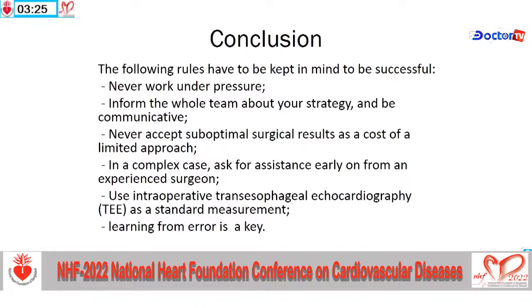Because the goal is always, Professor Farooq advised us that 2 things are important in coronary surgery. One is good harvesting of conduits, and the second is good flow with good anastomosis. It should be pakka. In a complex case, ask for assistance early on from an experienced surgeon,